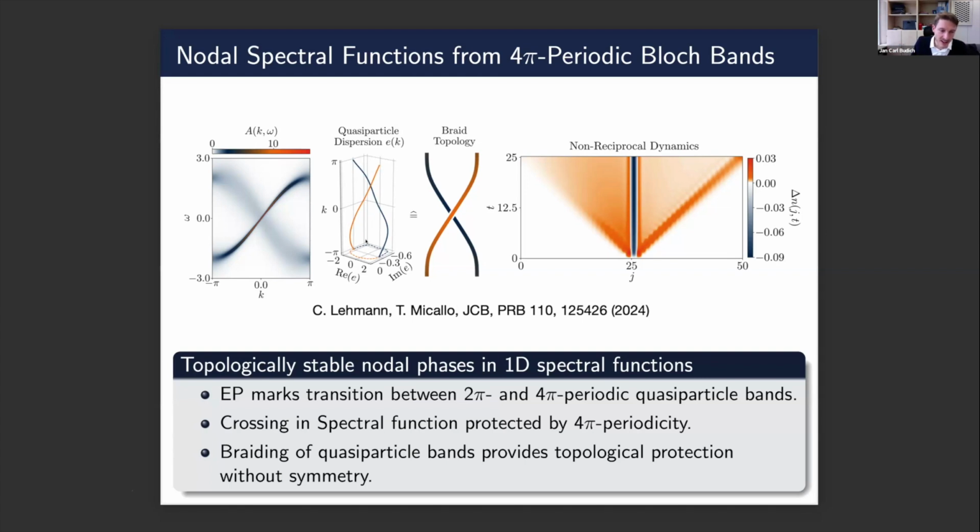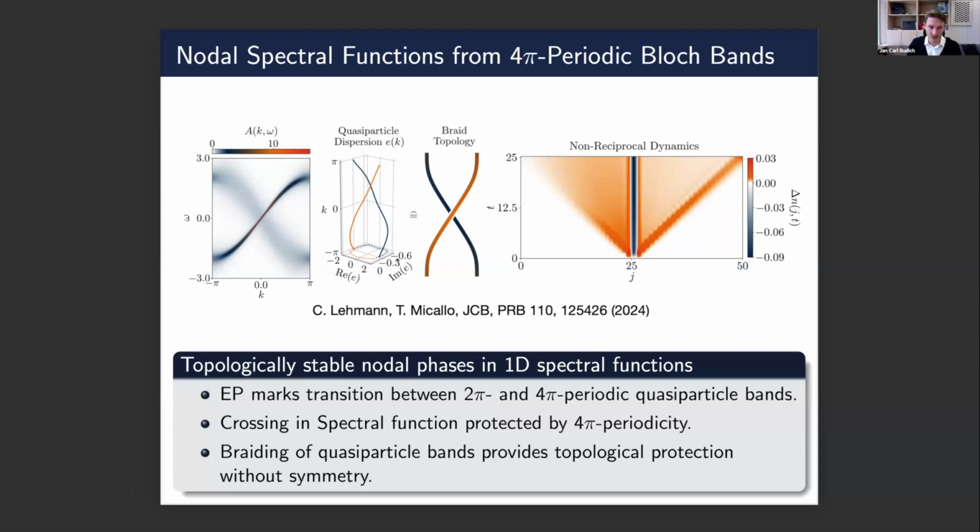But the point is that if you follow now individual levels like the blue one, then of course I'm not back to the same point here for the blue one after 2 pi, but I have to go by 1 reciprocal lattice vector here to the orange one, and then again by another 2 pi to come back here. So it's perfectly compatible with Bloch's theorem, which only tells us that the total spectrum is periodic in the first Brillouin zone,